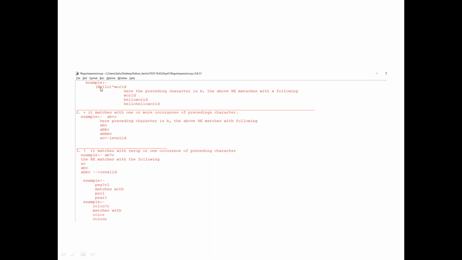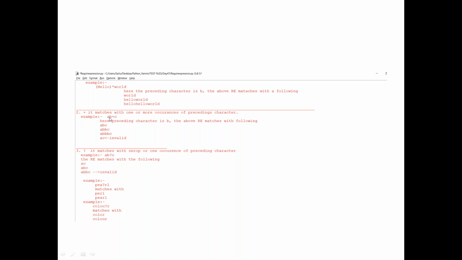Either you accept the preceding as hello, or you give leverage that it can have one or many. But if your requirement is that you don't want to accept 0, you want to accept at least one or more occurrences, then go with the plus sign.